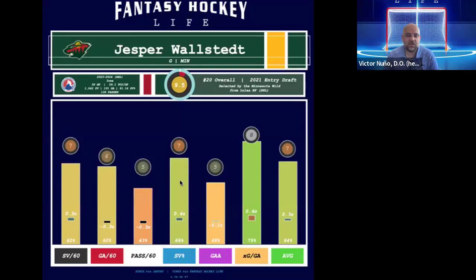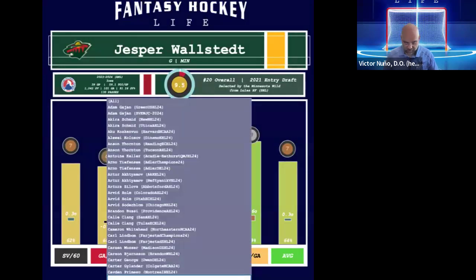Save percentage is really one of the main things that the goalies can control. So nice to see this be really high. And then the expected goals per goals against is probably one of the most important ones because that's how good he is with respect to the difficulty of shots that he's getting. So you obviously want this to be high. You want the save percentage to be high. We can compare this to